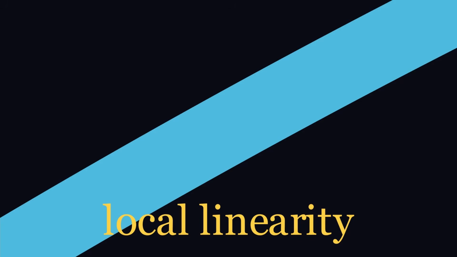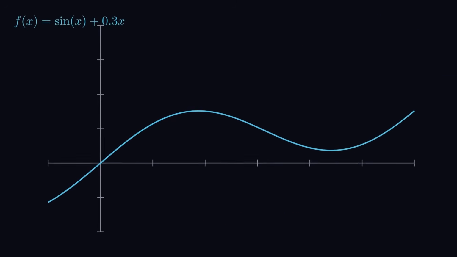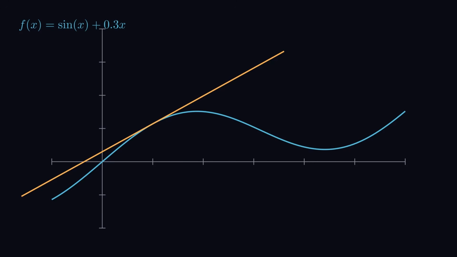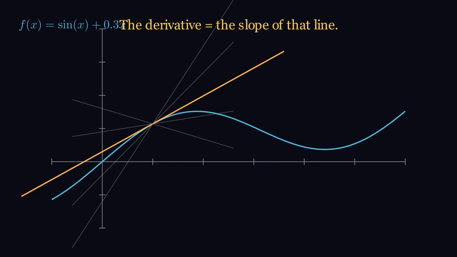There's a name for it. Local linearity. And it's the whole foundation of calculus, even though almost nobody says it that way. So here's the reframe. At every point on a smooth curve, there's one special straight line. The line the curve is pretending to be, right there, up close. The derivative is just the slope of that line. That's it. That's the number. The thing that tells you which line, out of all the lines you could draw through that point, is the